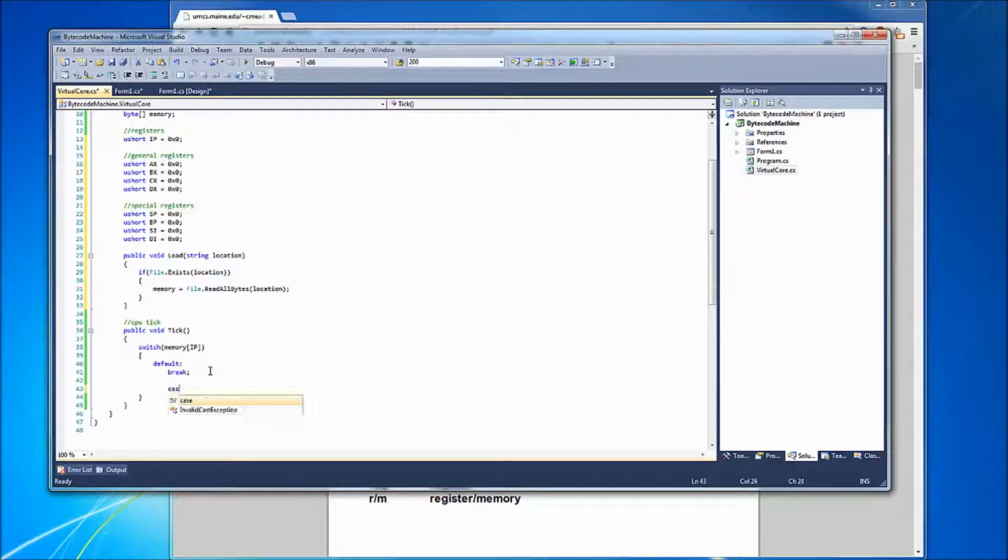Now, case, these are all the different functions. It's like using loads of if statements. Depending on what the byte is, we can do different things. So if the byte contains 1, we can load the next byte into AX. So AX equals memory